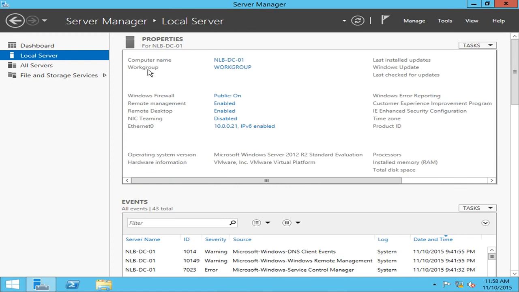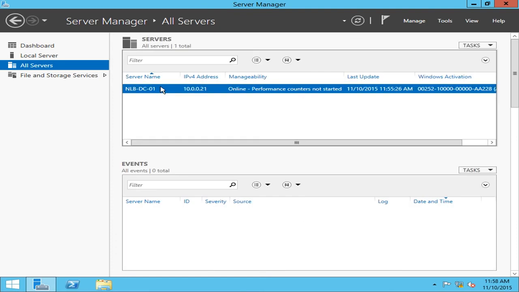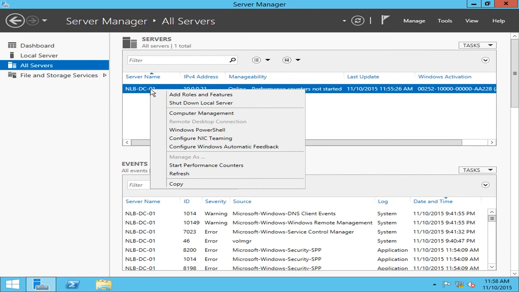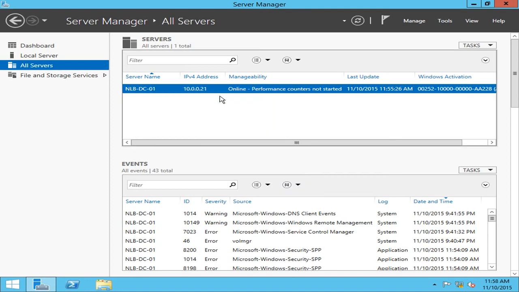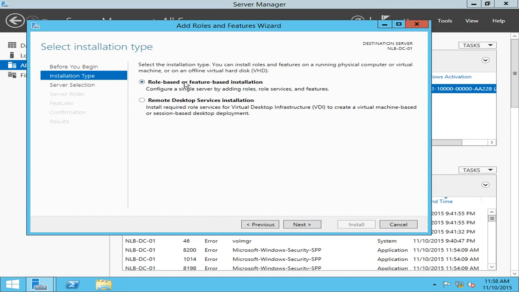this server as a domain controller, which can be done from the Manage option right on the top. From here you can add roles and features, you can remove roles and features. If you go to All Servers, you can click from here and again do some additional configurations, like again adding roles and features. You can shut down the server, or other management tools that you can power from here. So this is handy, and I'll just use the add roles and just continue to add the role-based or